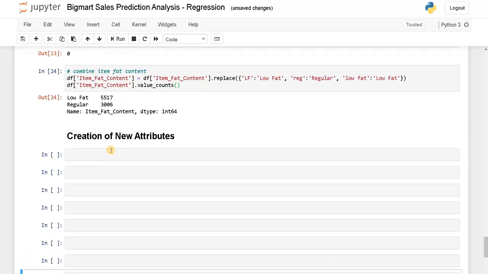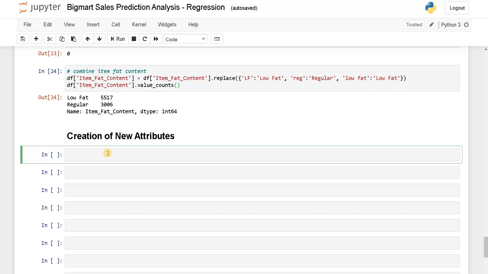Let's leave some space. Let's name it as new item type, df of new item type equals, we need to get the first two letters from the item identifier. So df of item identifier dot apply, create a lambda function, lambda x: x of 2.